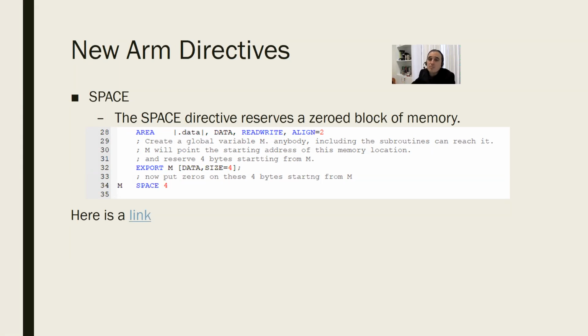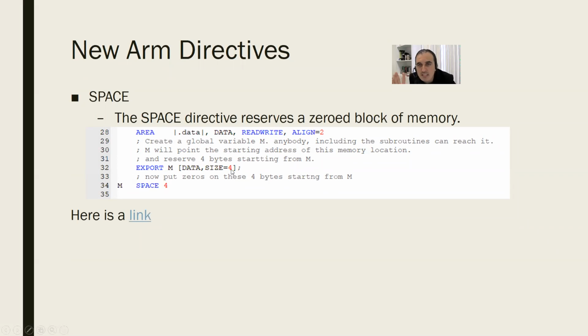I'm going to put it into the memory. Can you allocate some part of the memory for me? You do this by space and these directives. You allocate the area. It means it will be in the data memory. When you say export M, please, whenever I write in this code, recognize M, and it's going to be 4